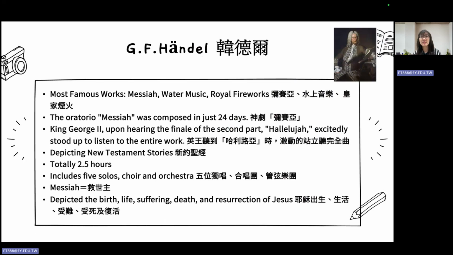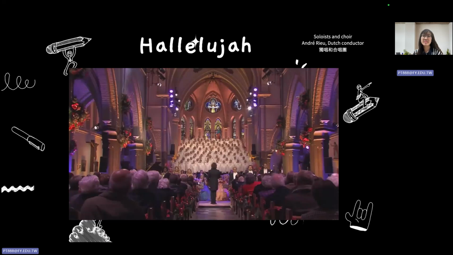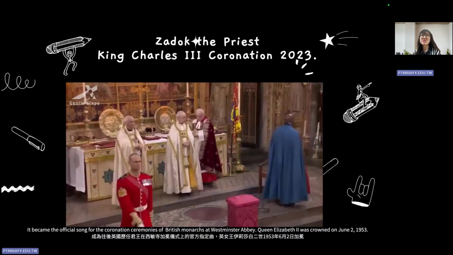Okay, and it's depicting the New Testament stories. Totally, it got 2.5 hours, includes 5 solos, choir, and orchestra。它里面有独唱，也有合唱团，也有乐团。Messiah, it means 救世主。So it depicted the birth, life, suffering, death, and the resurrection of Jesus。就在讲耶稣从出生啊，还有生活、受难、受死到复活的过程。So we will listen to this piece, Hallelujah,